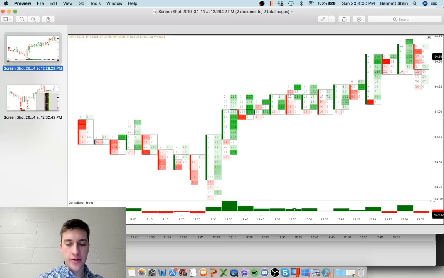Well, look at the delta here. Are we seeing more eagerness of the buyers or more eagerness of the sellers? Is the momentum favoring the buyers or is the momentum favoring the sellers? We can see from the onset, momentum favors the bulls here, and it looks like it just continues to favor the bulls. The sellers do make some attacks here, but you can clearly see that there's a lot more market